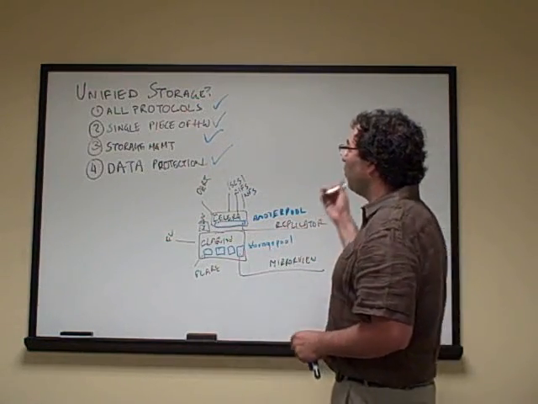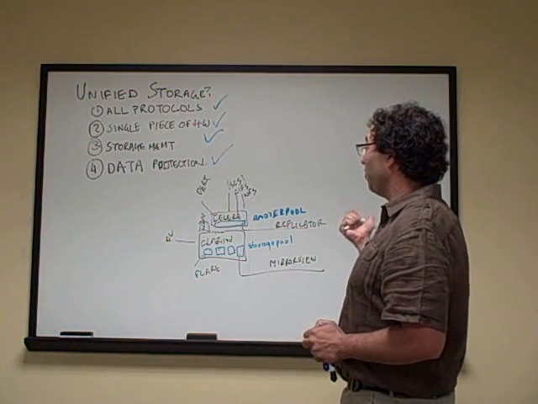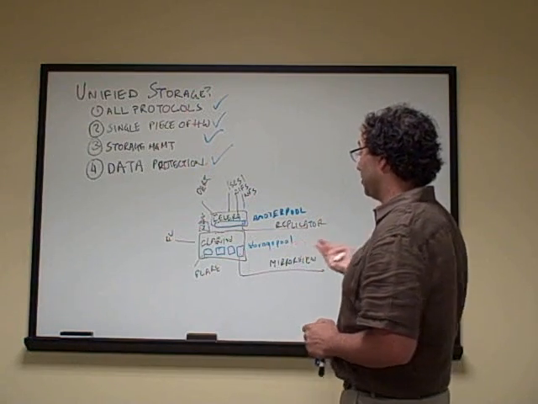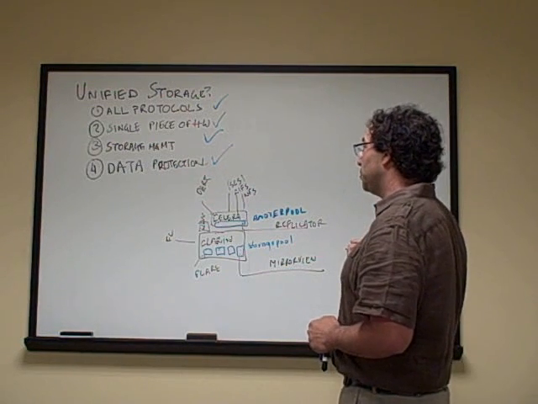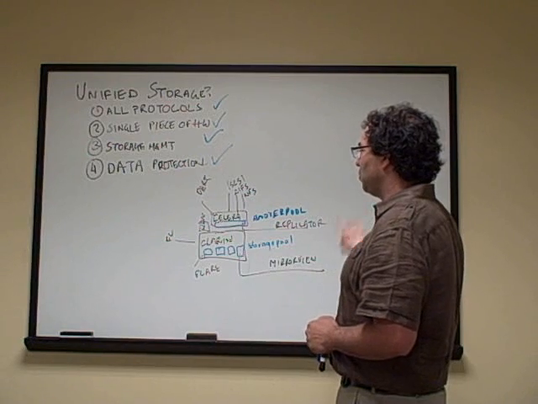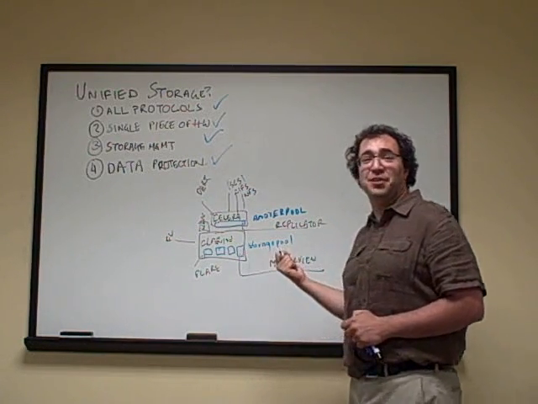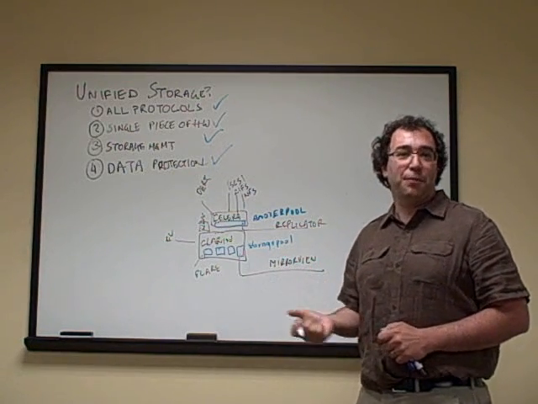So let's get this straight. If I want a single unified storage device that supports all protocols with a single piece of hardware that has a unified way of doing storage management and does data protection, I could buy the NetApp device. Or if I want 2 pieces of hardware, one which supports one set of protocols, another which supports another one, that has 3 different ways of doing storage management and 6 different ways of doing data protection, I could buy the EMC device. If you want more, you can check out my blog,